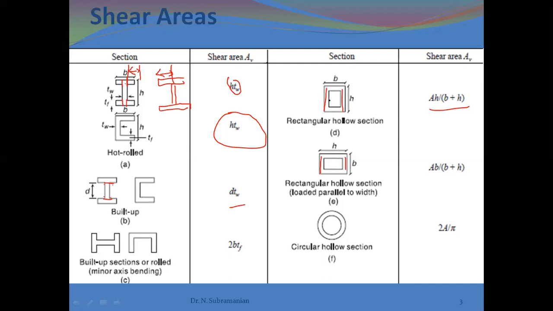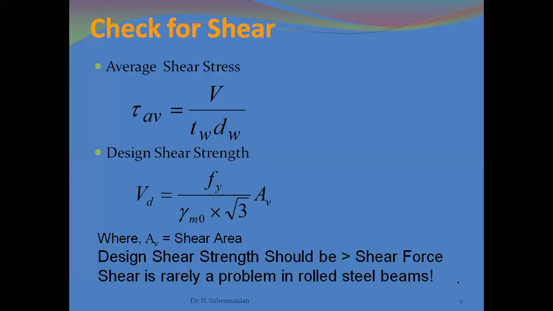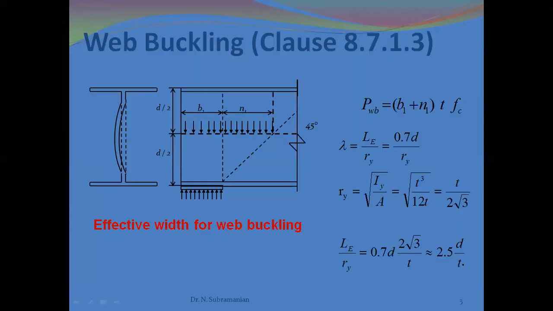Don't bother about these sections, because we design our beam sections with I sections, sometimes with the C sections. We never use this from our exam point of view, but in practice they may use hollow sections and rectangular sections also as beams, right? And in the design we already explained how to check for shear, we already discussed all that. So you can go through the notes. And anyway, this is only a presentation. You can please follow my lecture, where I am discussing every problem.